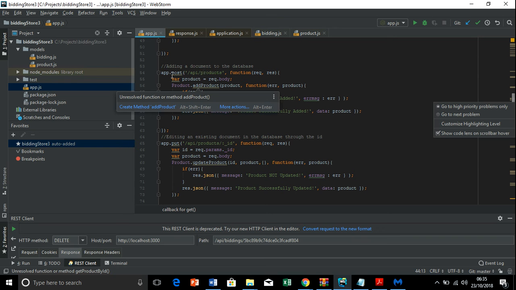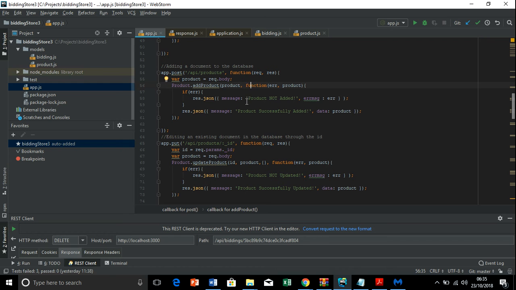You select the post and you input this URL, and you look at the add function here. It adds the product. If the product is not added, maybe because of a restriction or one mistake or another, it displays "product not added." Or if the product is successfully added, it displays that the product is added.